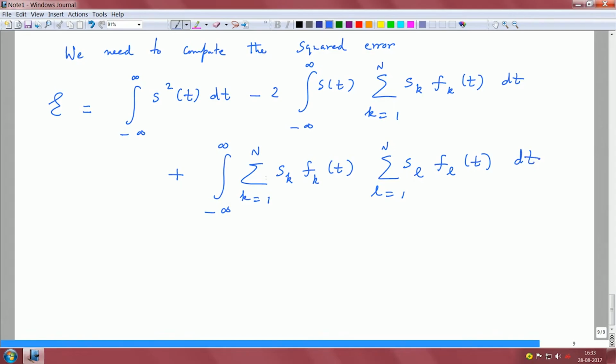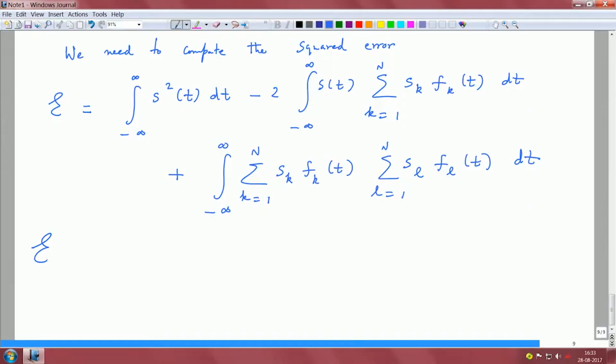So, what I did, instead of taking this whole square, I expressed it as two different summations, it is just the same, just the running variables here are k and l. You do not want k equals 1 to n twice, so you replace one with l, and we will see how this